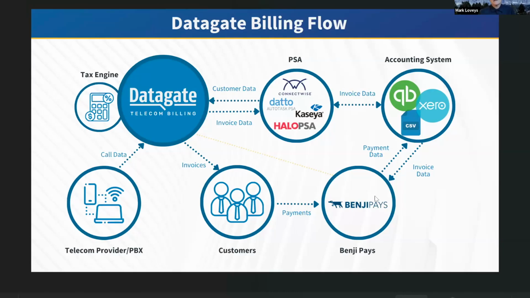So the end customer can receive an email from Benji Pays, which will have a Datagate invoice on it. It might also have a PSA generated invoice, and potentially a QuickBooks or Xero generated invoice on the same email. What we're excited about is it's really unifying the model for MSPs. And this is something the MSPs tell us all the time. They want ideally to send one communication out to their customer at the end of the month. This is everything we're doing. We're doing all this IT work. We're doing phone system, anything else that's happening.